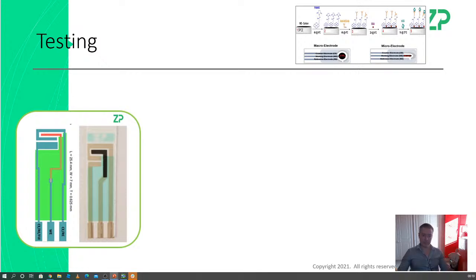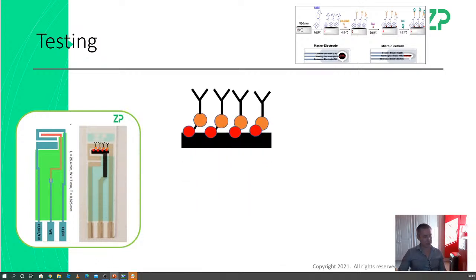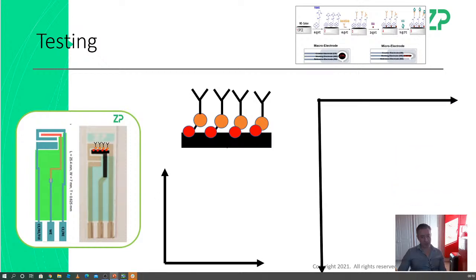So the previous slide was how to make the sensor. Now I want to talk about testing the sensor. So you've modified your electrode. You test it with 5 millimolar ferricyanide, for example. You get, in this case, differential pulse voltammetry. We're not using cyclic voltammetry, but